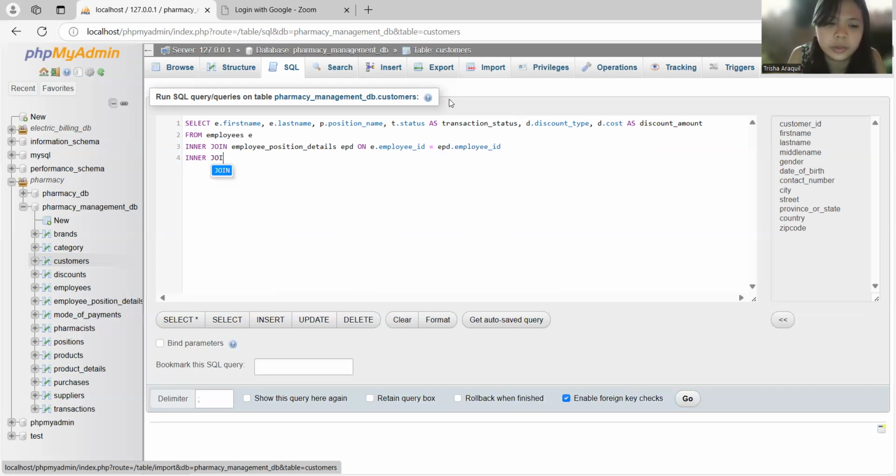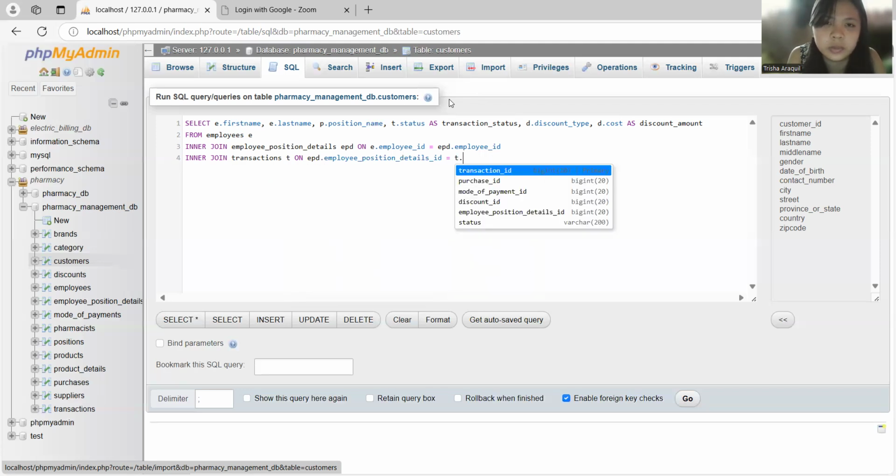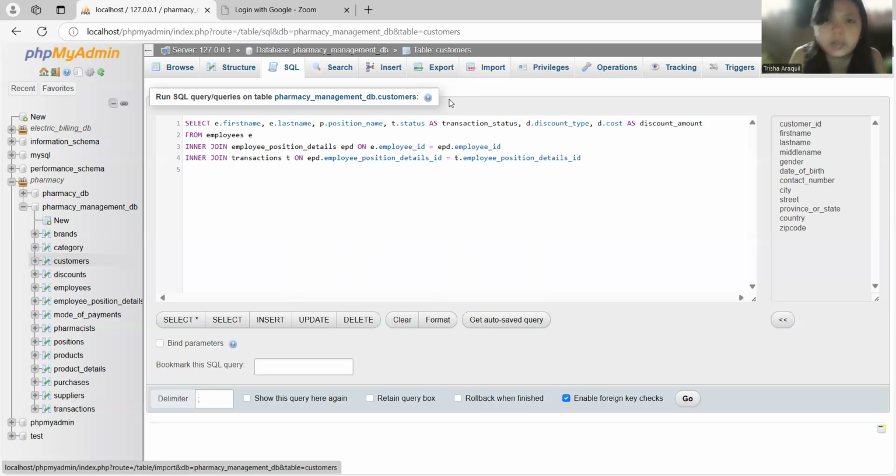Then inner join the transactions T on the EPD dot employee position details ID equals T dot employee position details ID, and then inner join